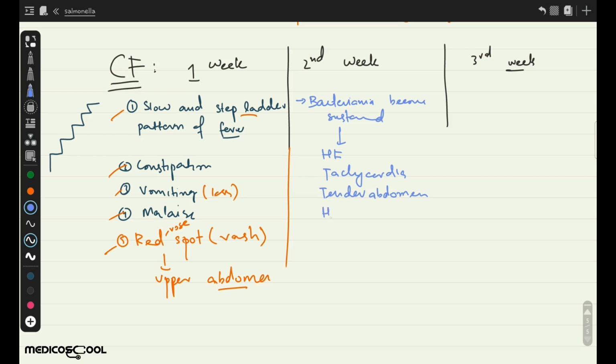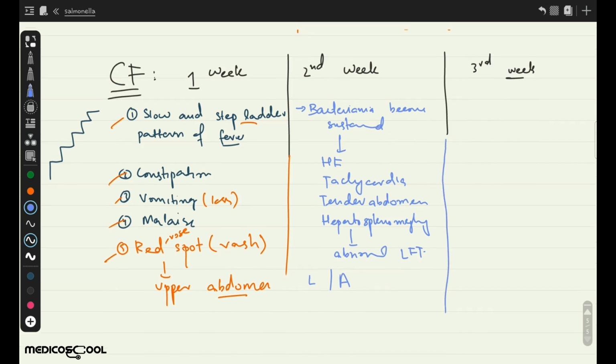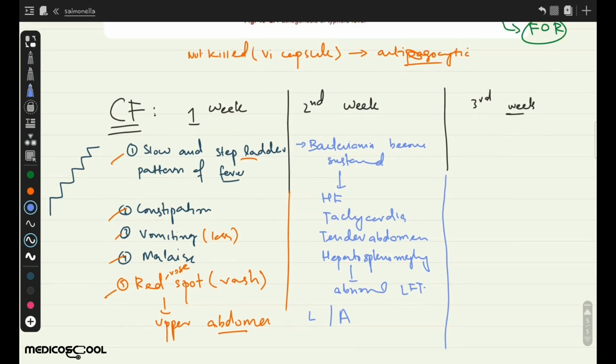There will be hepatosplenomegaly, and thus there will be abnormal LFTs, liver function tests. And also we can see leukopenia and anemia. Now, if it is left untreated, it will progress into the third week, and the third week is mainly characterized